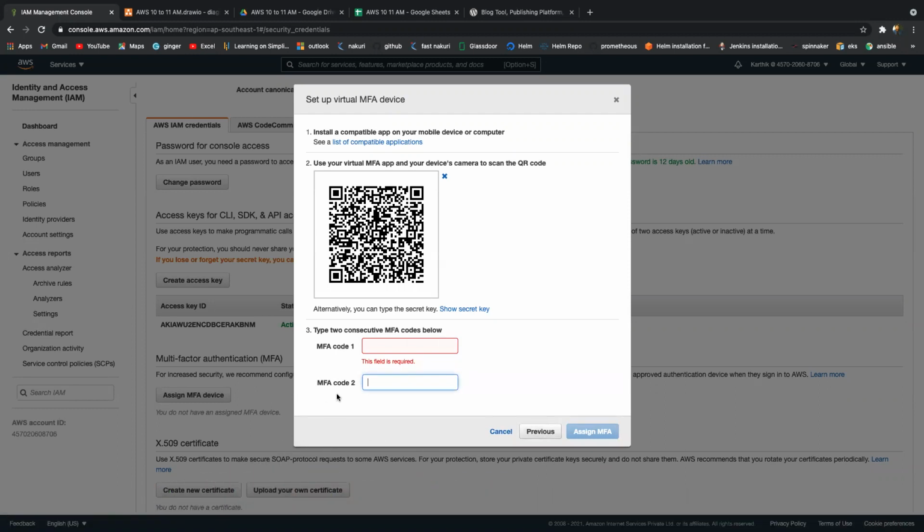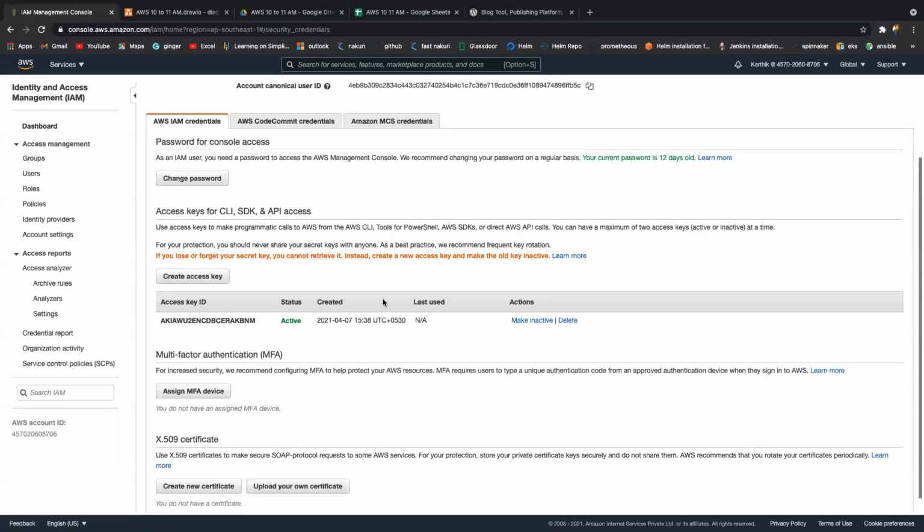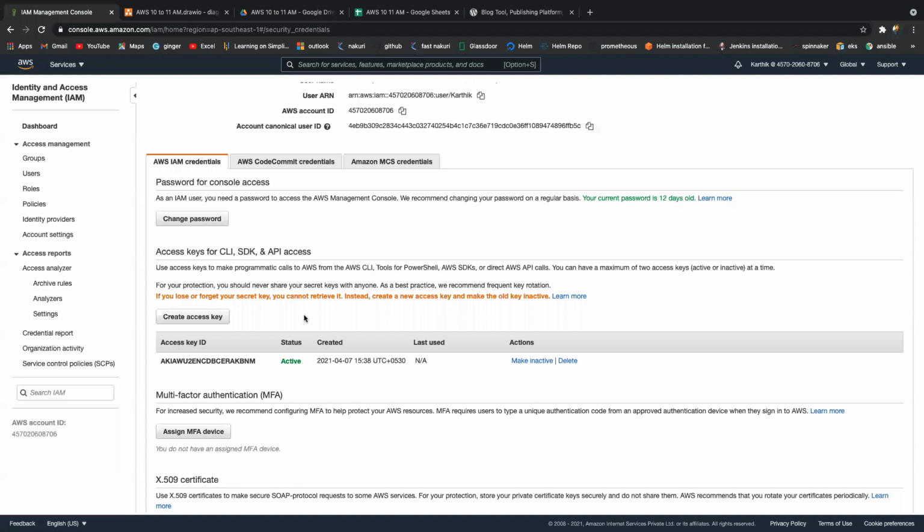Make sense, guys? Make sure once logged in, have you done it? Guys, please go on mute here. Thank you. So this is the way you need to configure MFA after creating the account. Got it?